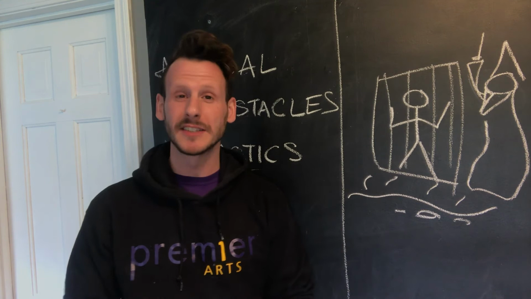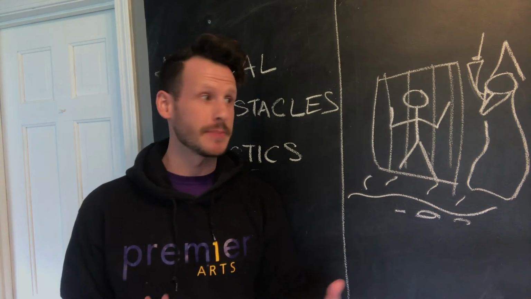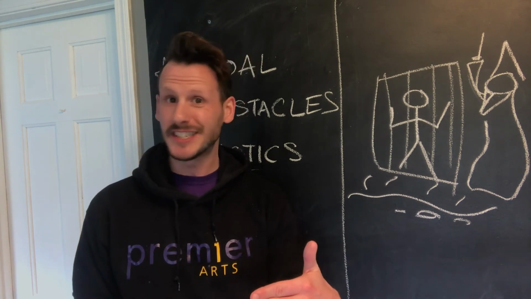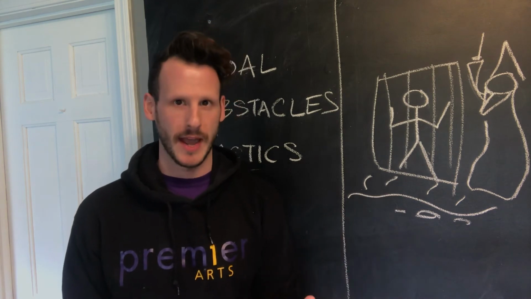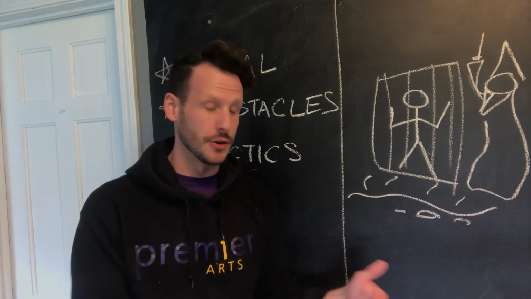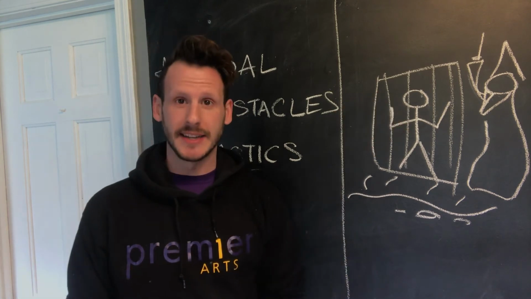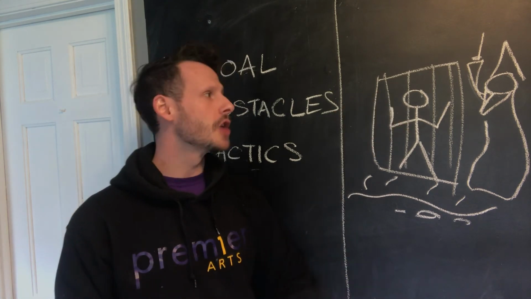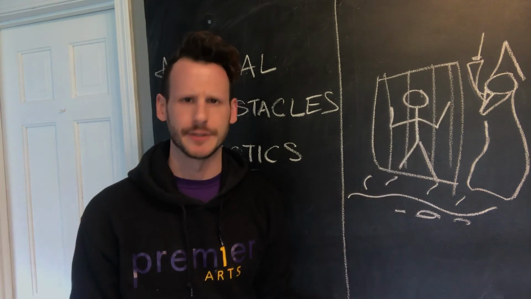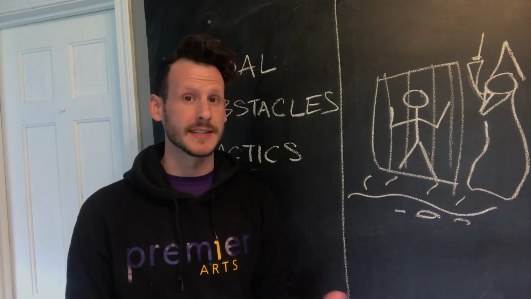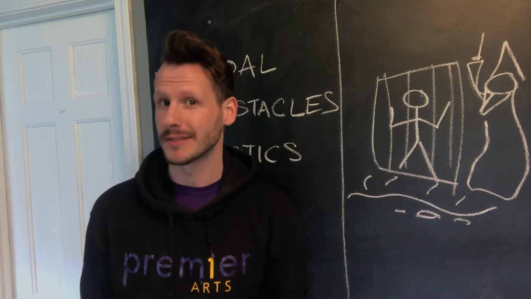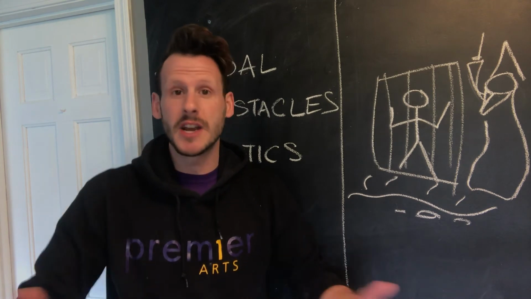Tactics can come across in a lot of different ways. A lot of times as people, we try something once, and if it doesn't work, we try it a different way. This could be seen in your script or in the direction. Maybe he's got a line on his script, and the line is, "Oh, you are a great wizard." Now, how can we use this line as a tactic to get what he wants?